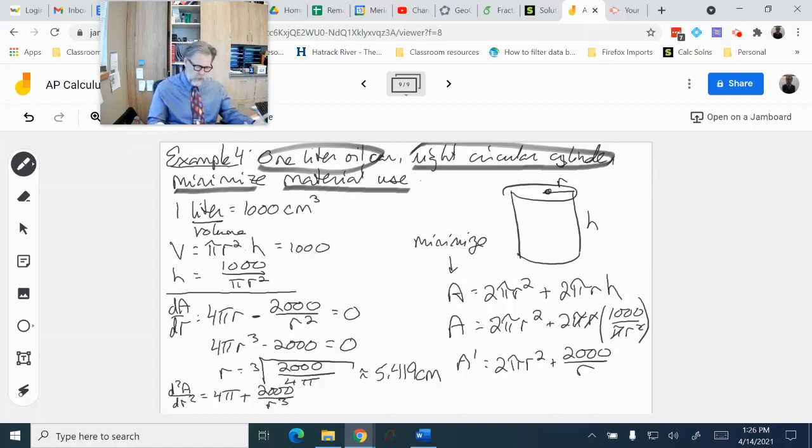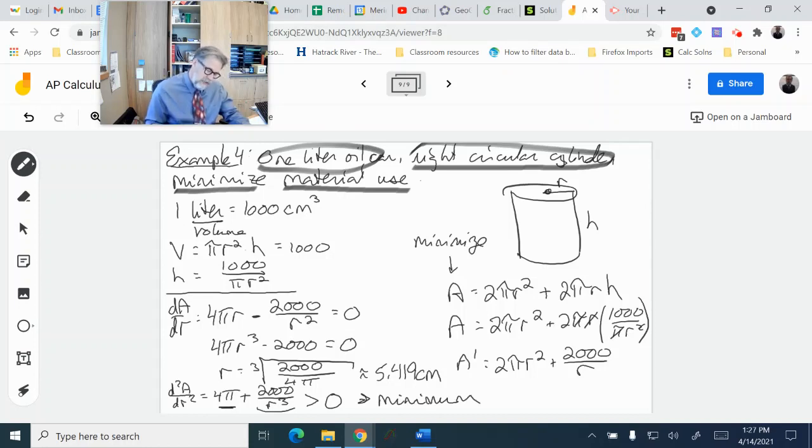So far there's nothing on here that I've needed a calculator for except, well, I take that back. Okay, I had to find the cube root of 2,000 over 4 pi. But just looking at this second derivative, 4 pi is positive. And since r has to be positive, you can't have a negative radius, that means 2,000 over r cubed must be positive, which means that for all possible values of the radius, this has to be a positive number, which means that this is in fact a minimum